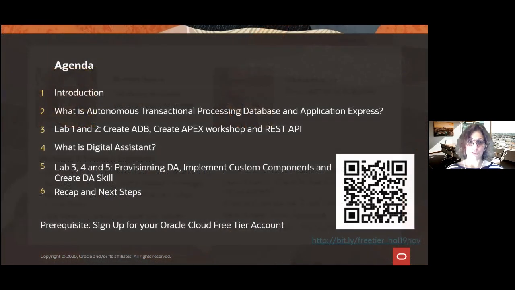Here is the agenda for today. We will start after this introduction with lab number 1 and number 2, the steps for provisioning your autonomous transactional processes and Apex. These labs will kick off with a pre-recorded presentation to give you the most info in the shortest amount of time as possible. And then we will get hands-on experience following the presentation. After you have time to